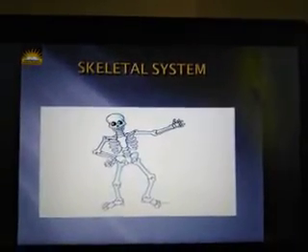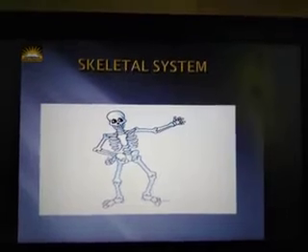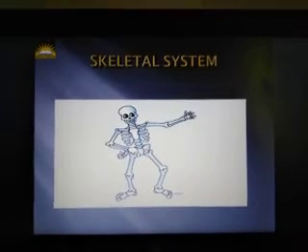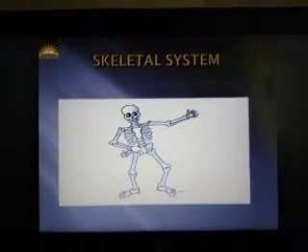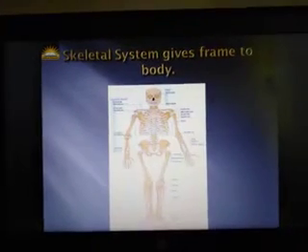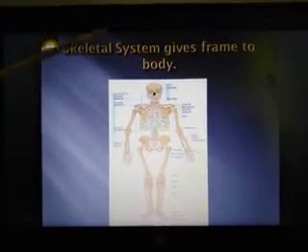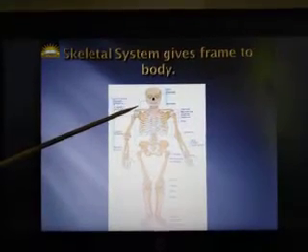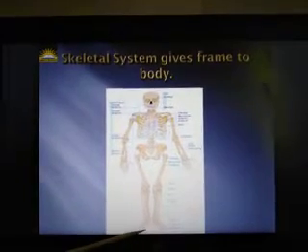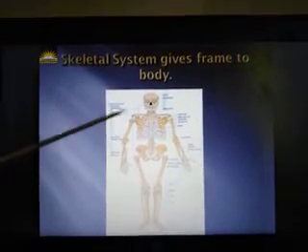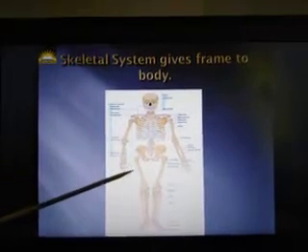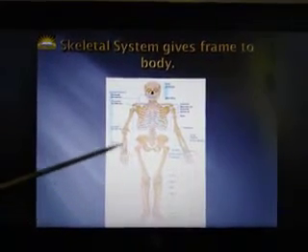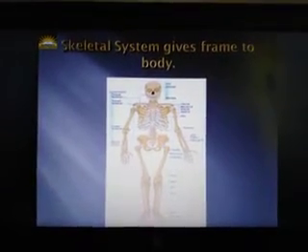After this, we will talk about the skeletal system. As you can see, the skeletal system is the bony structure of our body. All the bones make a frame of our body, and this is known as the skeletal system. Here is a picture of a skeleton in front of you. You can see that it starts from the skull and it consists of all the bones of the body, and it ends at the toe bones. You have already studied about the skeletal system and names of different bones in your previous class too. Now again we will discuss some details of skeletal system with you.